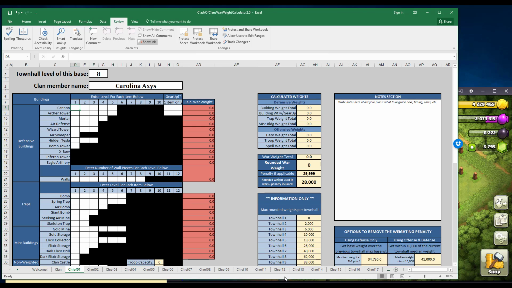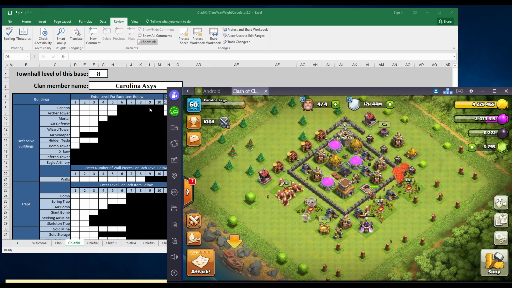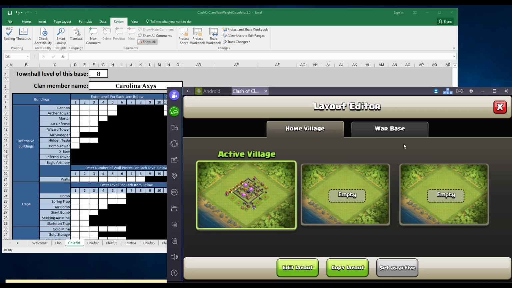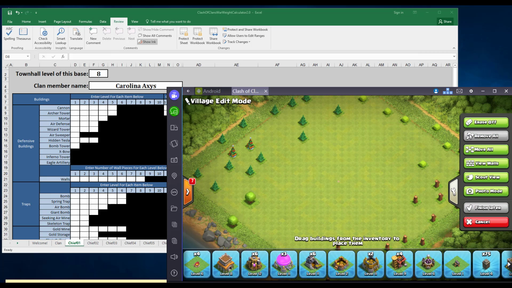I'm going to do this so that we can kind of see. To go from one to the other, go to your layout editor, edit the layout, okay, and remove them all. Bring them all down here so that you have this bar down here, okay? This makes it much easier to enter it in, because if you didn't, you would be counting each individual wall piece, and that is just a headache in itself. So go through each one, okay? This right here,